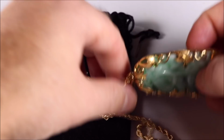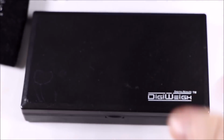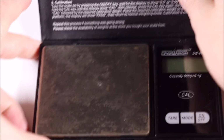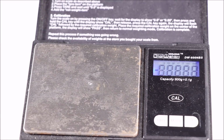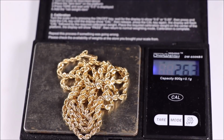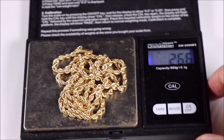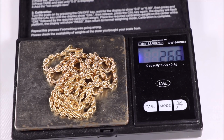And I'm going to take off the chain so I can show you how much it weighs. I didn't bring my scale with me, which was kind of my mistake. I just felt it in my hand. Let's see how much this weighs. So this comes in right at 26.6 grams. So just by feeling it in my hand, I was spot on within a gram